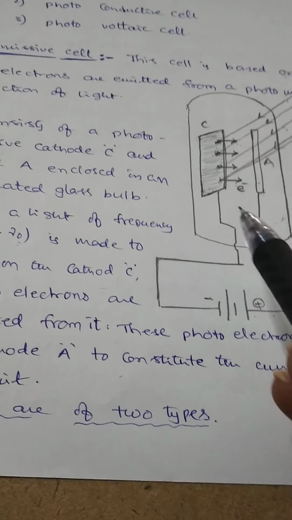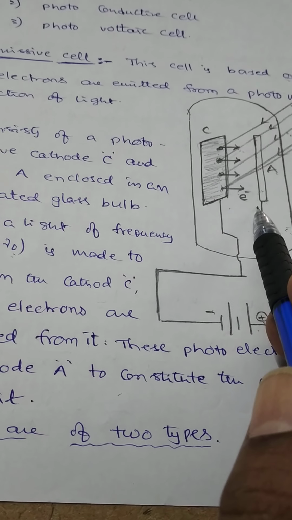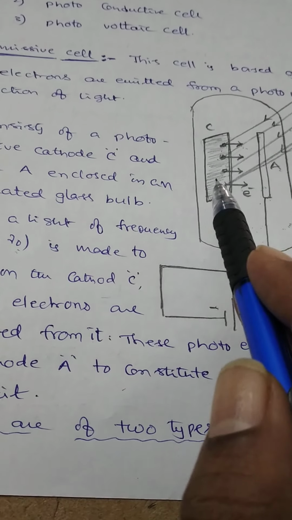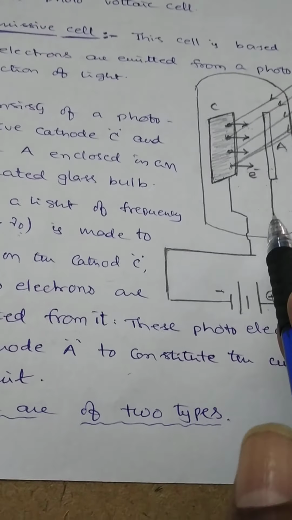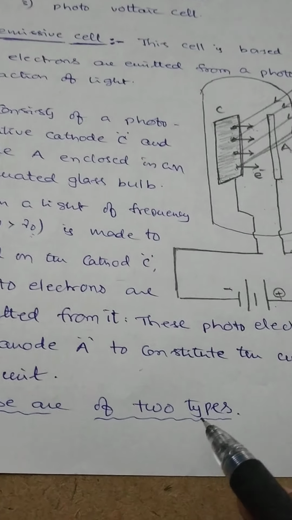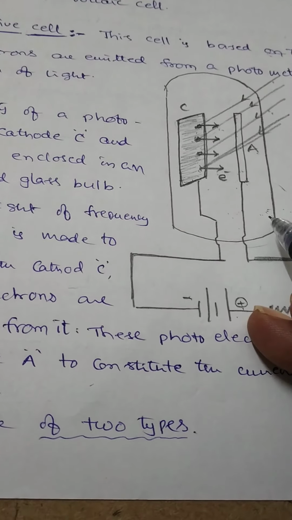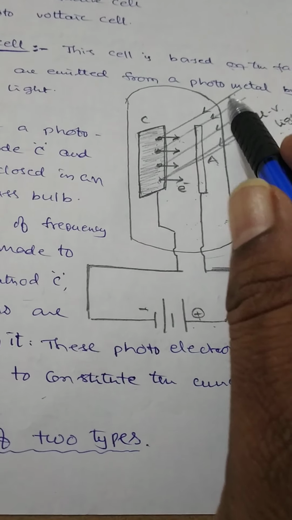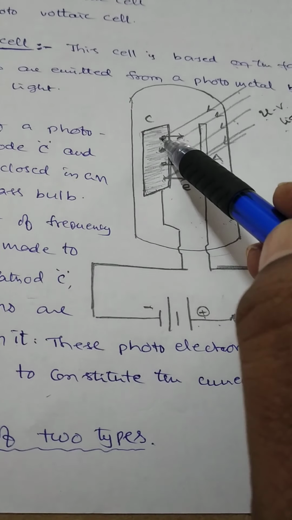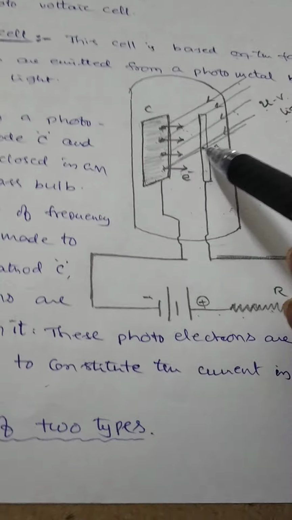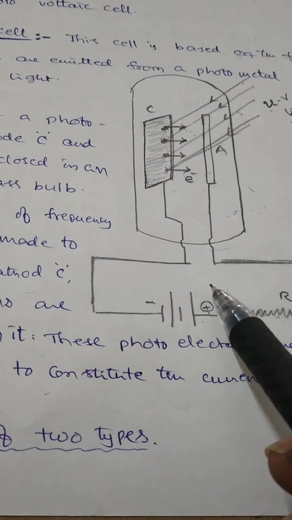And then very simple. In between cathode and anode, a completely evacuated medium means there is no air medium in between cathode and anode or inside the glass bulb. That type of cell is called the vacuum type photoemissive cell. Say for example, inside the glass tube there is no medium, and light is incident on the cathode surface, later electrons are emitted from it. These electrons constitute the photoelectric current. This is a very instantaneous process.